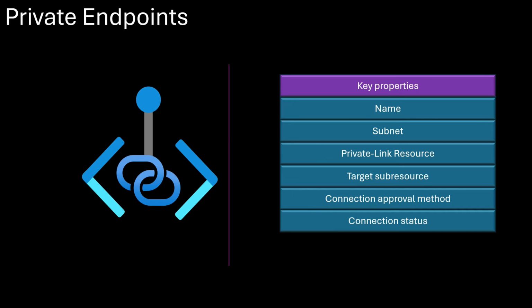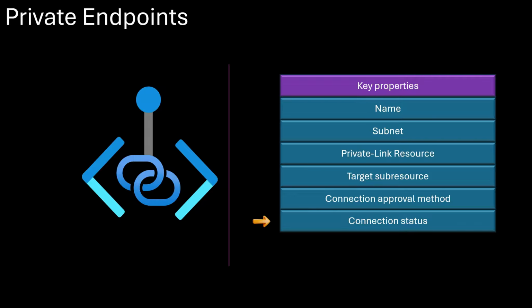When you create a private endpoint, you define several key properties such as name, subnet, private link resource, target sub-resource, connection approval method, and connection status. Name indicates a unique name within your resource group for the private endpoint. The subnet is where the private IP will live. Private link resource is the Azure service you are connecting to. Target sub-resource is the specific component within the service, such as blob or file storage in Azure Storage. Connection approval method can be automatic or manual, and connection status can be approved, pending, rejected, or disconnected based on